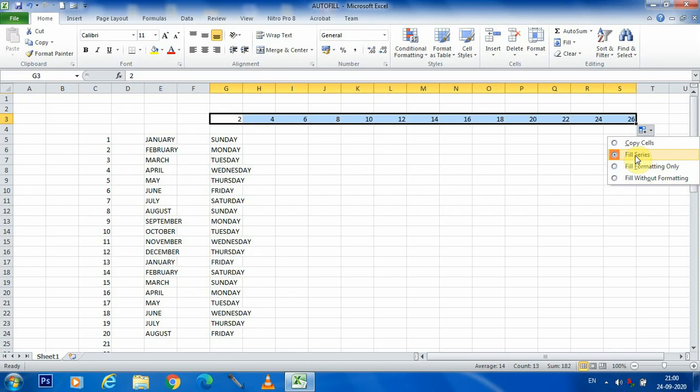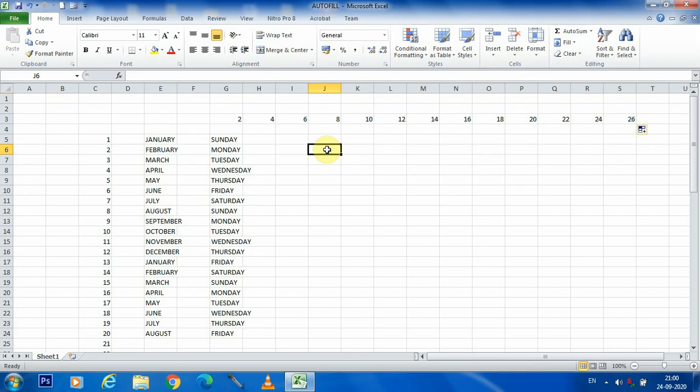Just like I am writing here 1. Okay students, I am writing only 1 here, and here I am using the autofill option. You can see that only 1 has come in every cell.